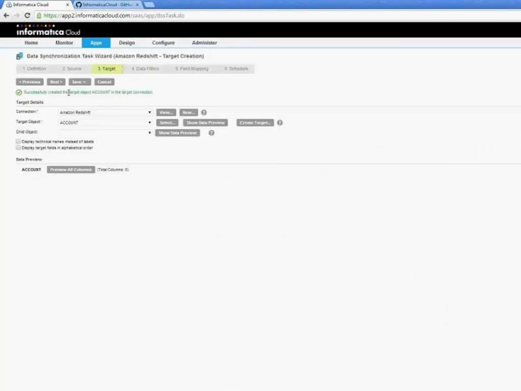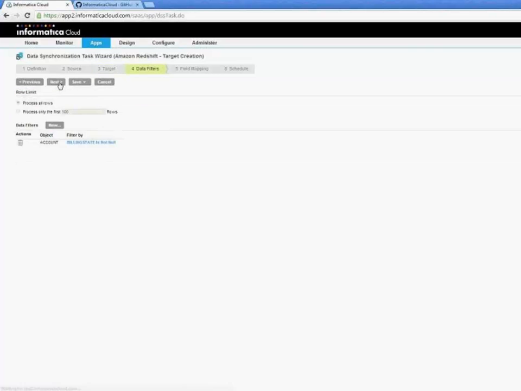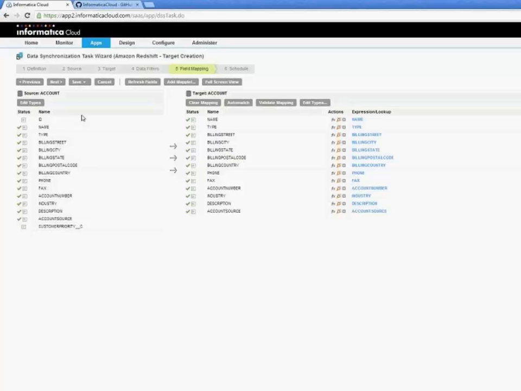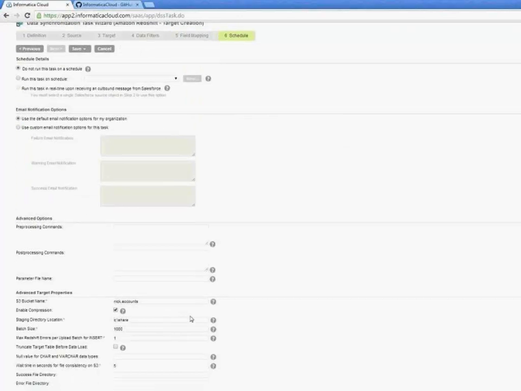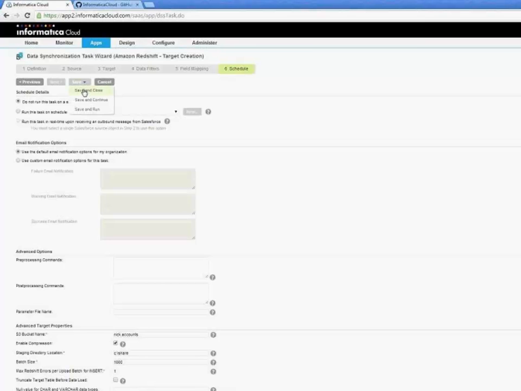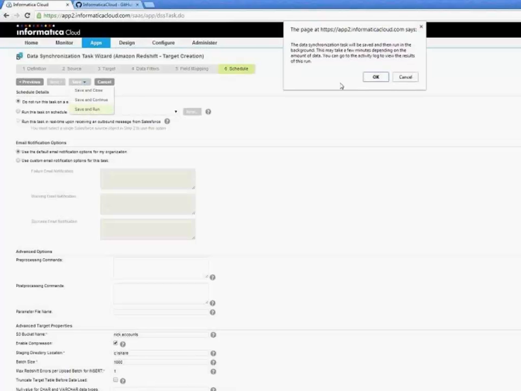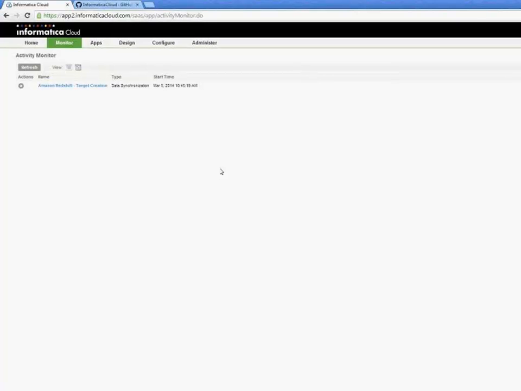And now, of course, in the data preview, there's nothing because the structure doesn't exist yet. I already had a filter set up here. Now, it's going to auto-map everything, of course, because the names are going to match in the target structure. And then I just need to do a few things here related to the actual Redshift connection itself, and then we'll take a look at this. So we'll save and run this, and in about 30 seconds, we should get a target structure in our Redshift